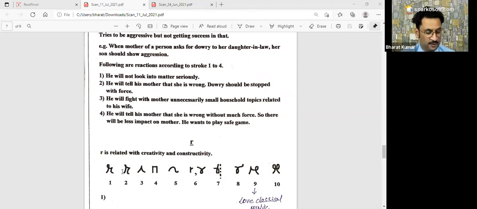Now type 3, these people use intelligence for allocation of work, meaning when work is distributed in the team or office, they use their knowledge to get that work. Yeah, in cursive writing you can see type 3 of R. You are right. These are people who have not used any tool, but they are ready to work with the tools. Type 4, not sure, but I think it is Einstein's R. Yes, Aarti, you are right.